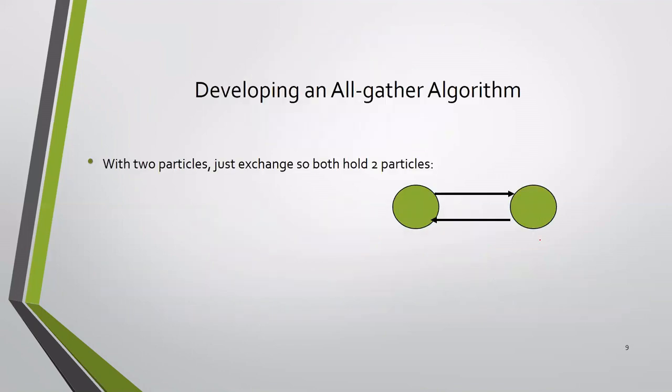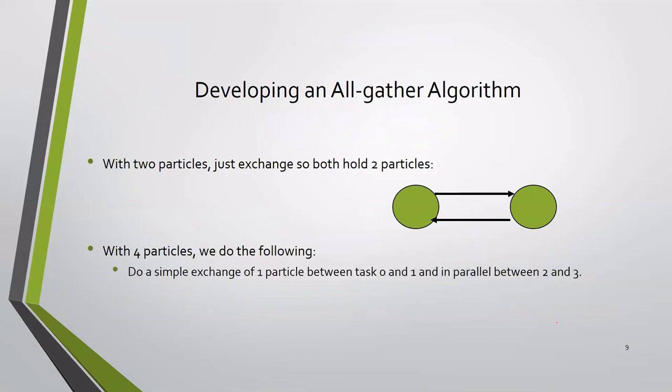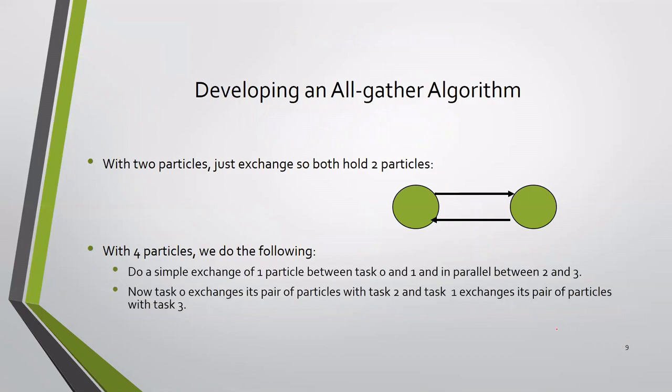So how do we develop an all-gather algorithm? We will assume that we have n particles. Let n be an even number for simplicity of explanation. Every pair will give and receive its value to and from each other. Once a pair has both the values, it pairs with a new particle. Then it gives its current value, which is the result of the earlier step. It also receives its current pair's current value.